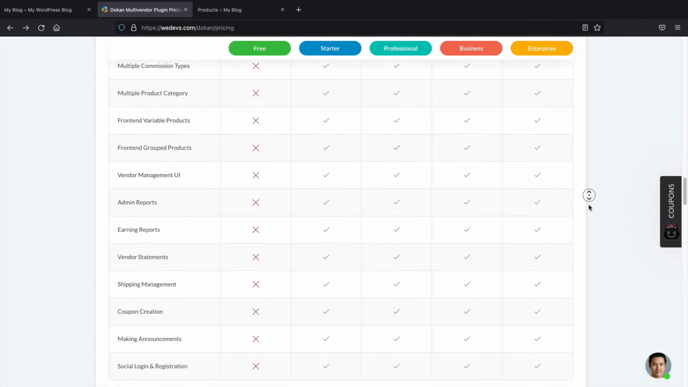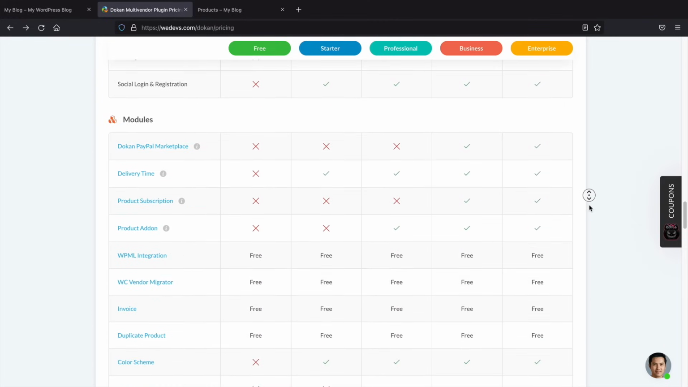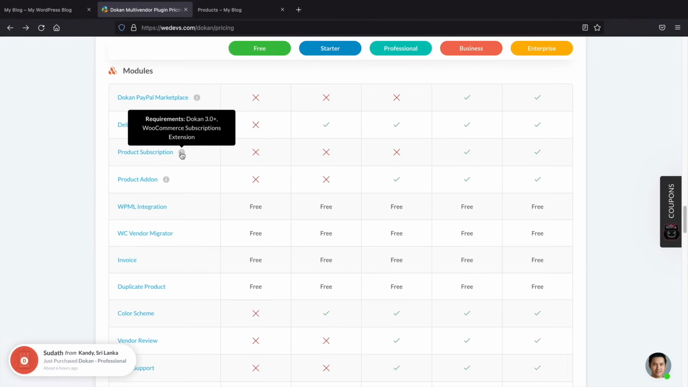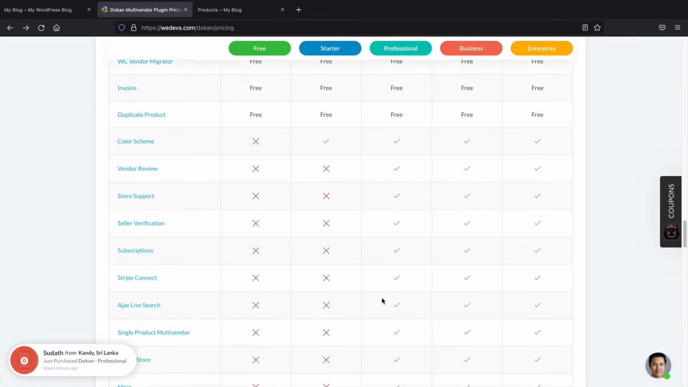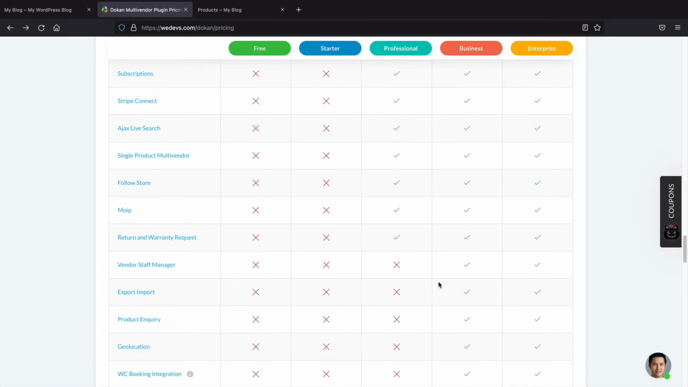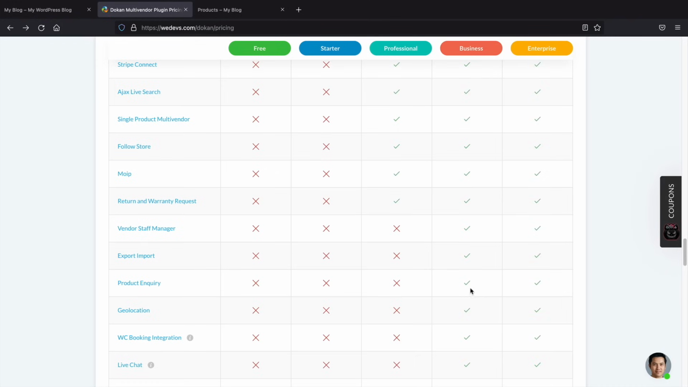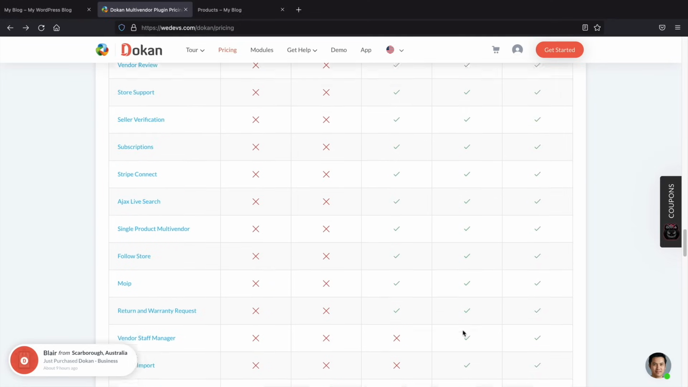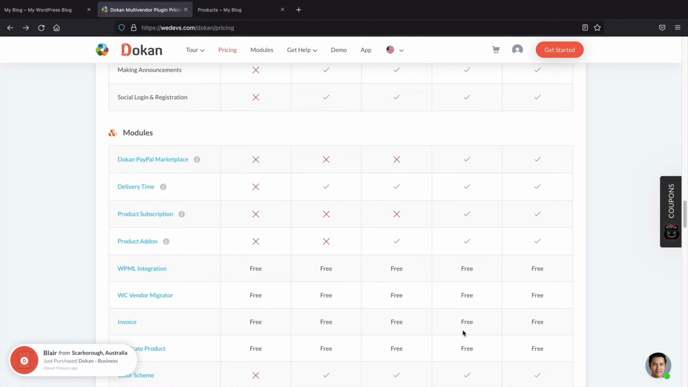All right. So that is the vendors interface. Now this is where things get really different between the plans. I purchased the business plan, and the business plan does give you a lot more options, like the product subscriptions, and I believe all these options down here, like the product inquiry, geolocate, live chats, and stuff like that. But what I'll do first is give you guys an